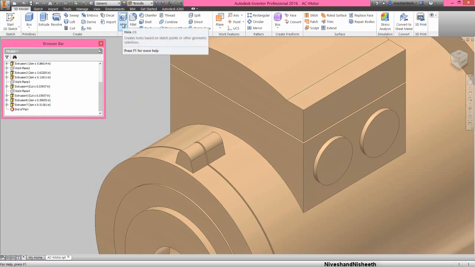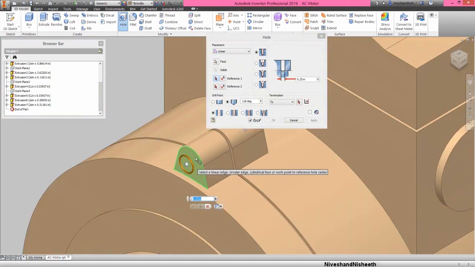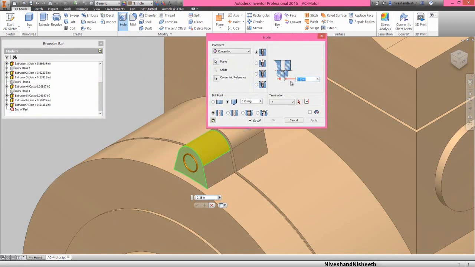Now we will activate the hole command. Select this face. Select this cylindrical face so that my hole is created on the center point of this arc. Select the hole diameter value 0.236 inches.